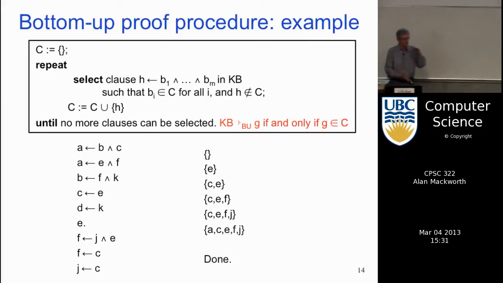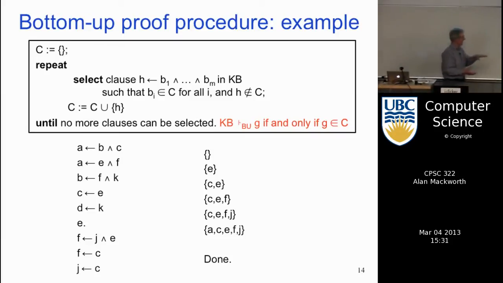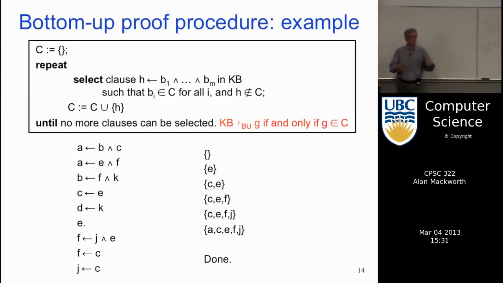If all the clauses are true, so we're working in a model here, we want to know what's true in all models, then obviously any single atom that's in the theory has to be true. But we know more than that has to be true. If any rule has all atoms true on the right-hand side in the body, then ka-chunk, it forces the head into that set of atoms that are forced to be true in all models. Right? So we're collecting up the set of atoms that has to be true.